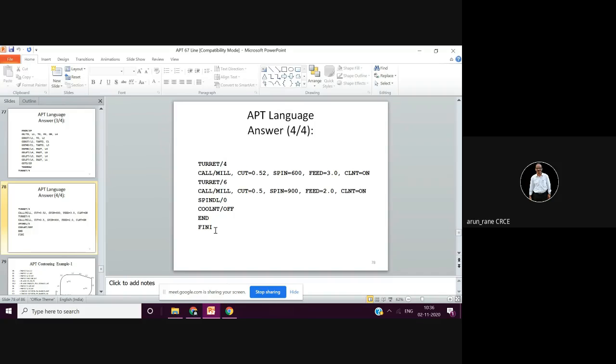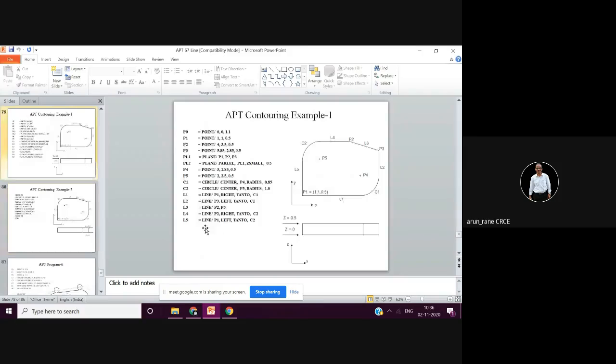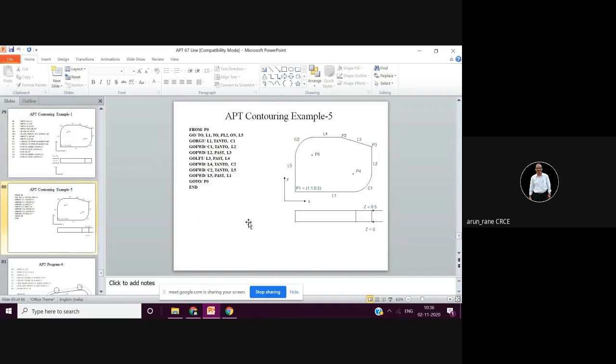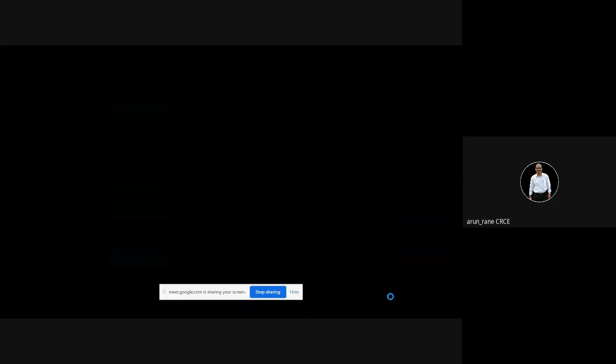That is auxiliary and post processor statement. So that is common for all the programs. So that's why it has not been described here. What you have to focus on is these geometric statements and machine statements. Now this is your machine statements. So just have a look at this properly. Isko zoom karta hoon.